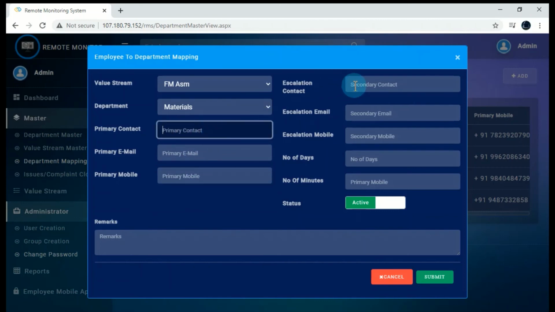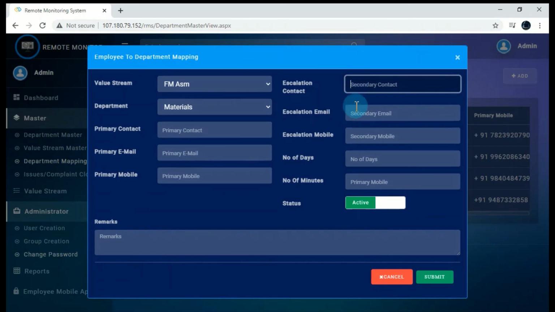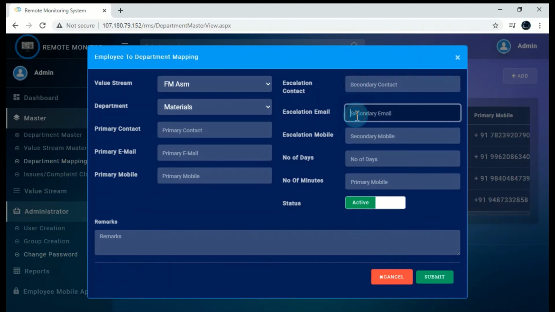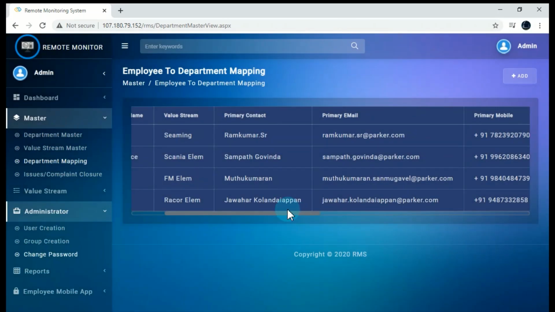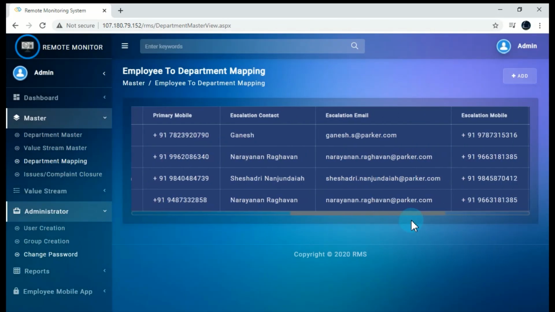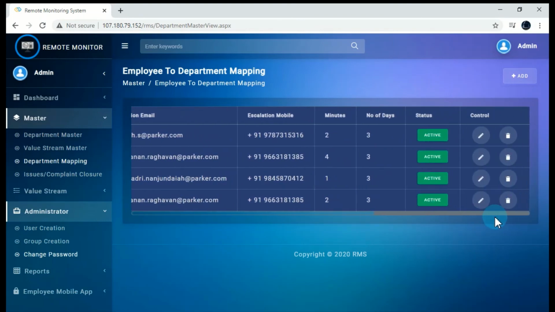Similarly, you have to enter the secondary contact's email and phone number. I'll just edit a record and show you what the functionality of it is.